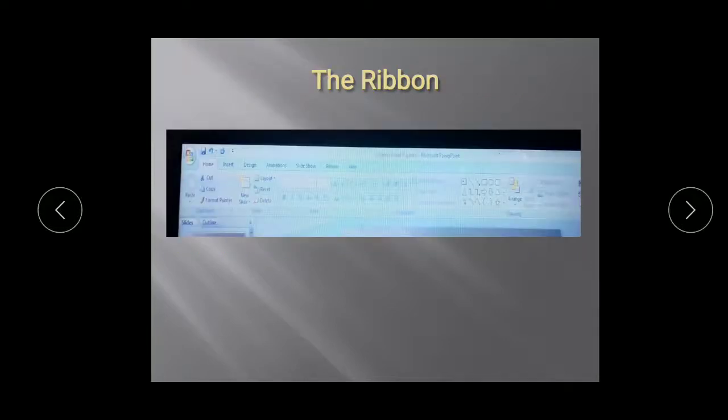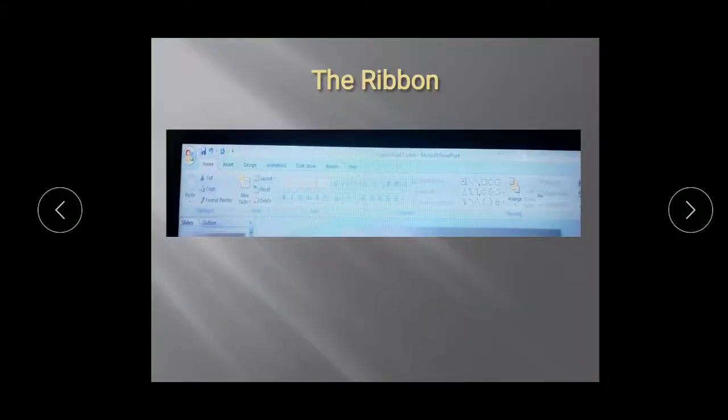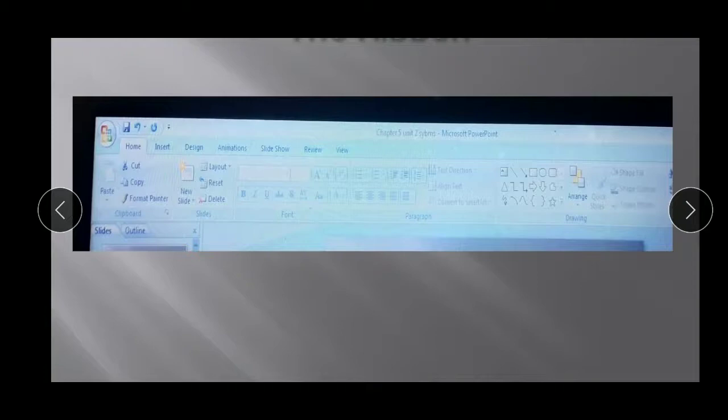Then after this, the next topic is your ribbon. The upper horizontal line is called the ribbon in the Microsoft Office application. So what does a ribbon have? First is the tabs.